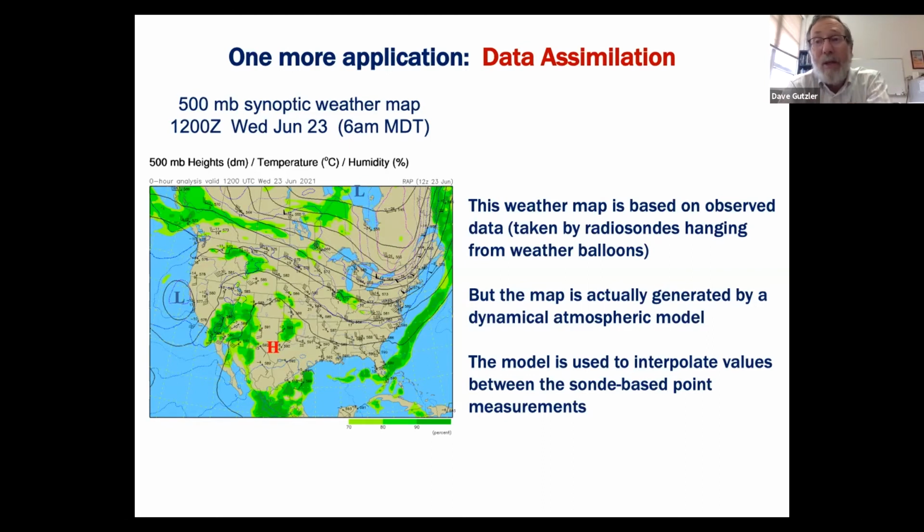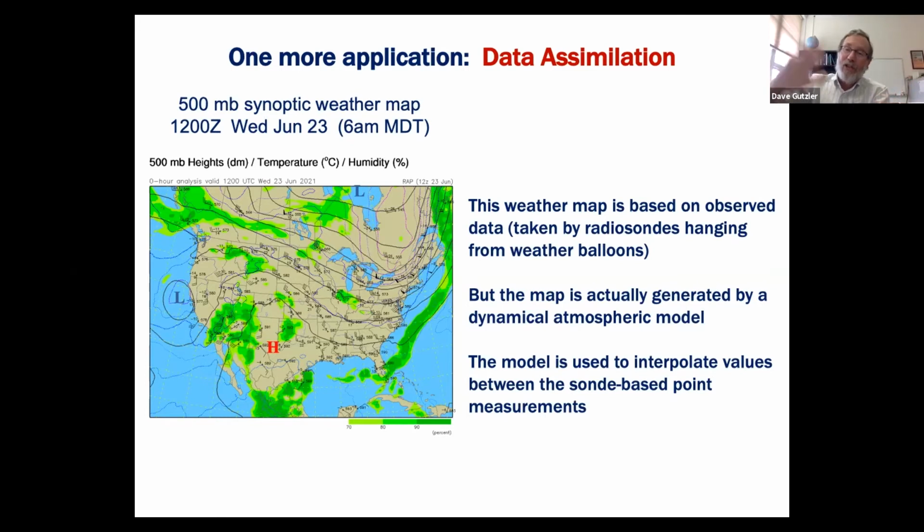But we do a lot better than that now because these models are so good. And the Weather Service has statistics to prove it. So the kind of model we just looked at really was a weather model. And the climate models that you'll be analyzing really are just souped up weather forecast models.